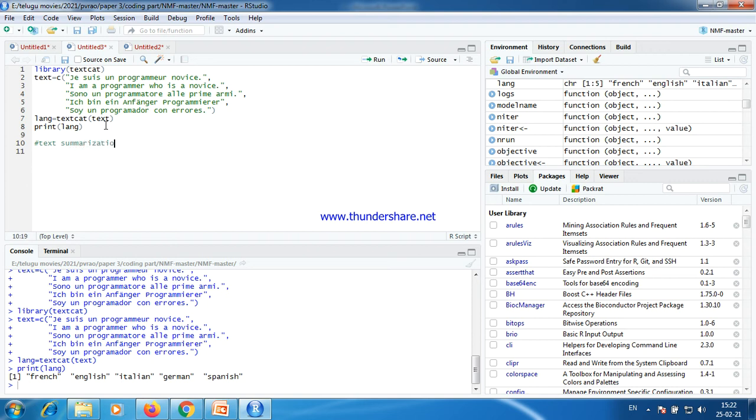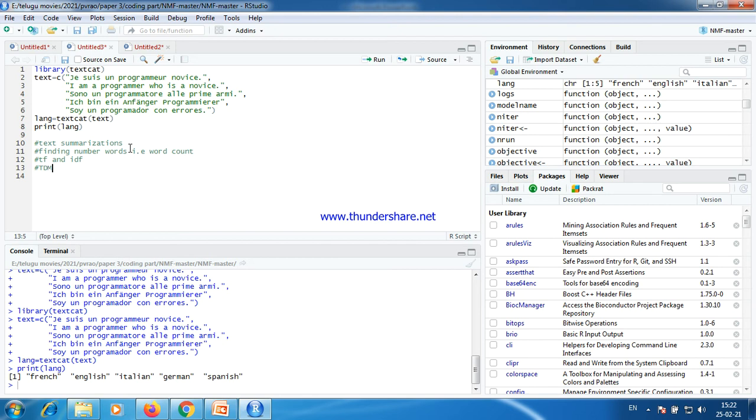Text summarization, then finding the number of words, I mean word count, then calculating TF and IDF, and then the term document matrix.